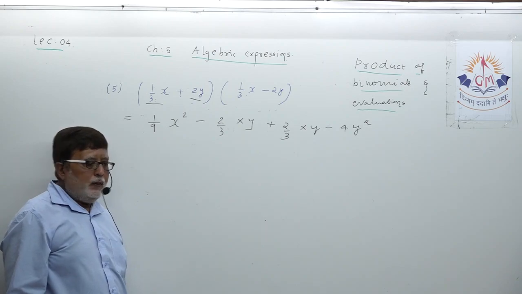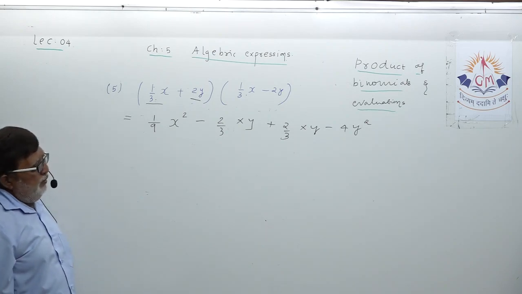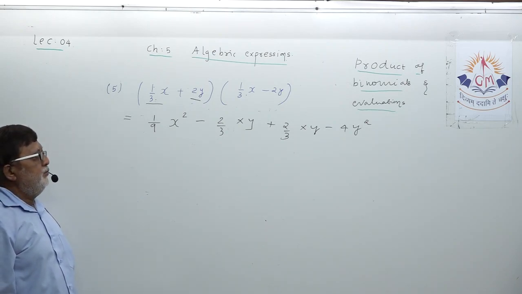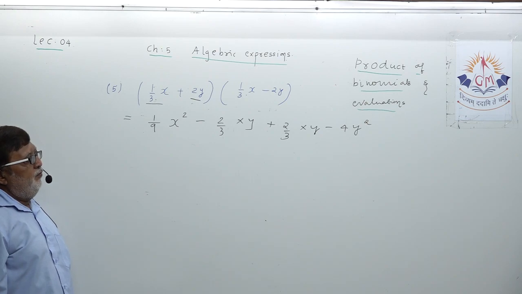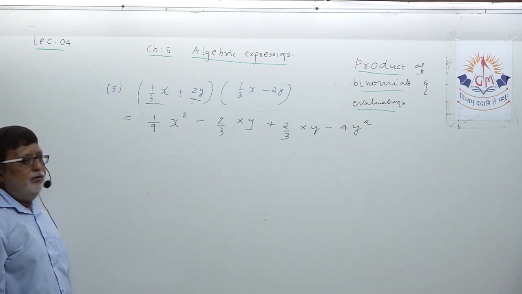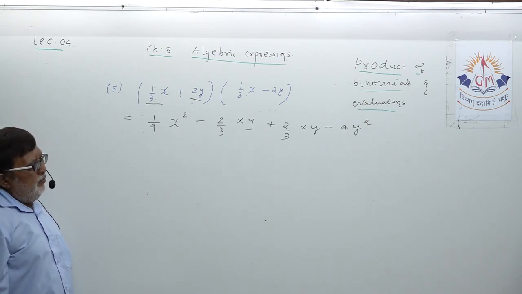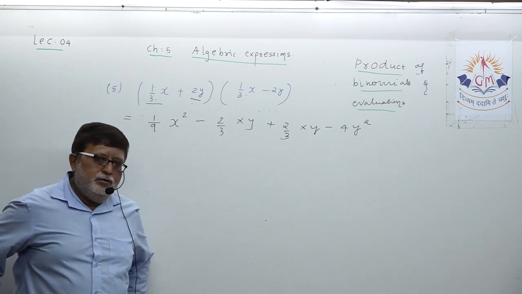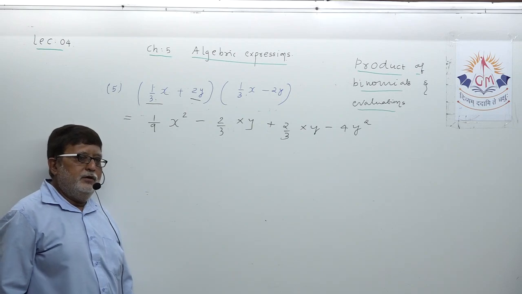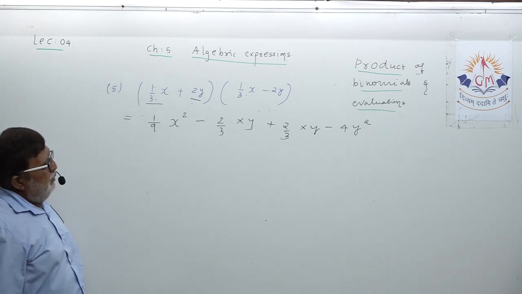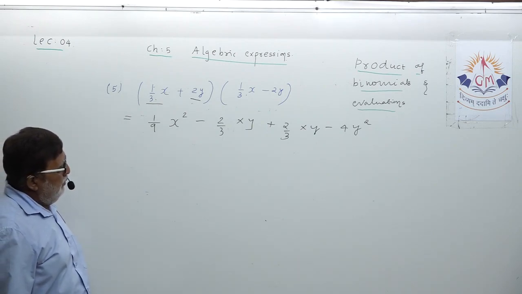Okay, verify this step very properly. Understood? When you multiply an integer and a fraction, you should be very sure that you have to multiply numerator to numerator and denominator to denominator. That way you can verify it. Okay, now